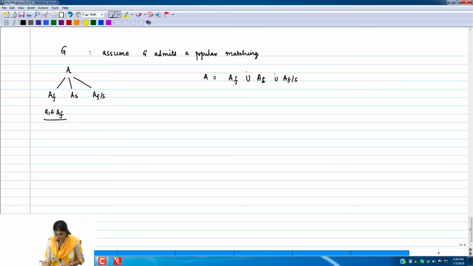Okay, so I'll recall what we said yesterday about stable partners. Now we'll say similar things. If I have the preference list of an applicant, there is P1, P2, P3 up to some Pk. What I want somebody to do for me is underline the posts that I can get in some popular matching. Can it happen that there are 4 posts underlined, which I can get in different popular matchings of the instance?